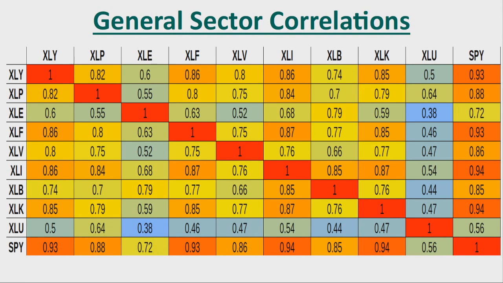Lastly, there is the most drastic difference, with XLE lowering to 0.72 and XLU going all the way down to about a 0.56 correlation, a very weak correlation in comparison to all the other ETFs with the broader stock market. This means the energy and utility sectors are not always completely aligned with the exact same movements as the other ETFs and the broader stock market. They can deviate quite significantly.